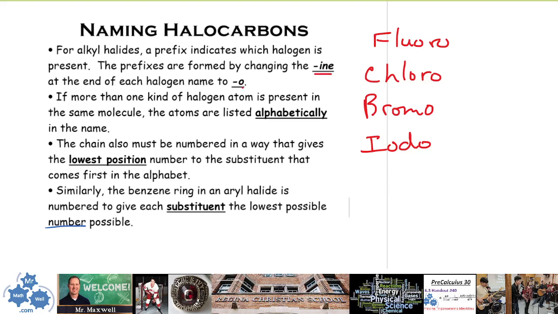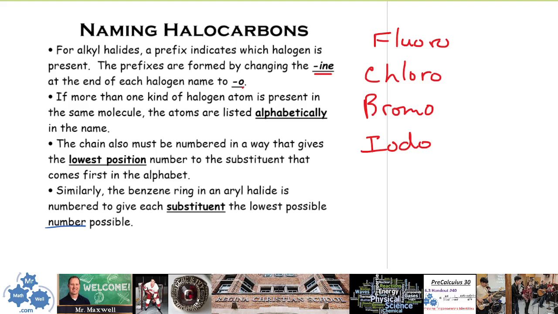So yeah, don't worry about astatine. Like I say, it's only a product of nuclear disintegration, less than 30 grams on the whole Earth apparently. So don't worry about it. It's not going to be used for anything. All right, if more than one kind of halogen atom is present in the same molecule, the atoms are listed